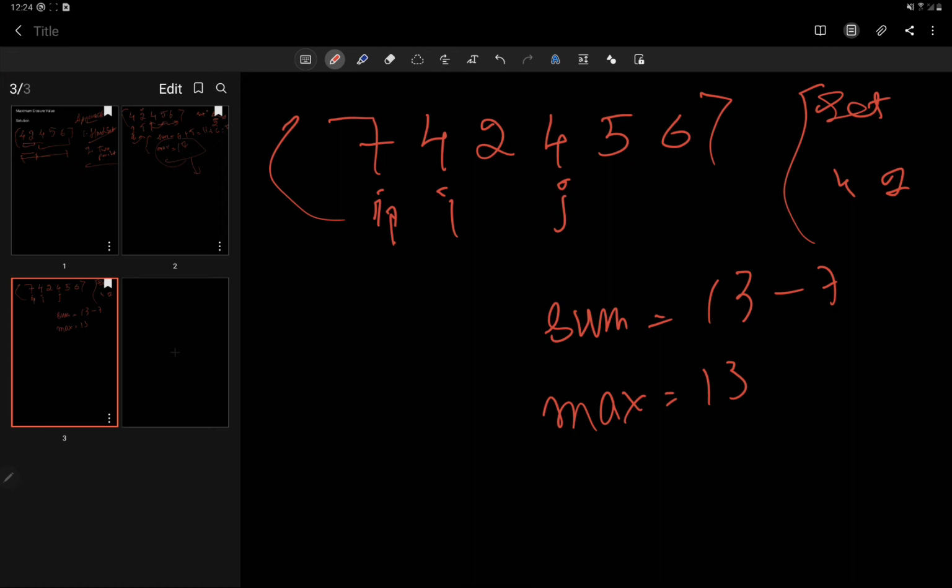13 minus 7 would be 6. Alright, sorry, it would be 6. Alright, the sum would be 6, and the maximum would be effective, of course. And now moving on, then again we have 4, that is a max. So we again subtract this, and 2 would be there, and we remove this from the set because the set is